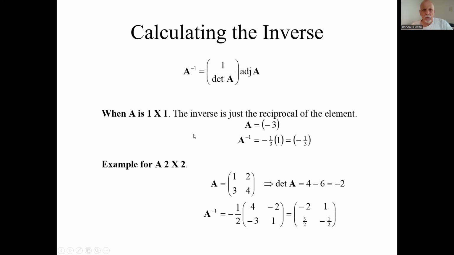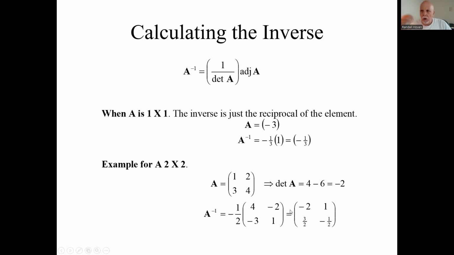But actually, for 1 by 1 and 2 by 2, it's easier just to remember formulas. In fact, 1 by 1 is almost trivial. If you've got a single element matrix, say it's -3, the inverse is just the 1 by 1 matrix with the element -1/3. You can get it from this formula, but it's not worth doing. Anyway, for the 2 by 2,